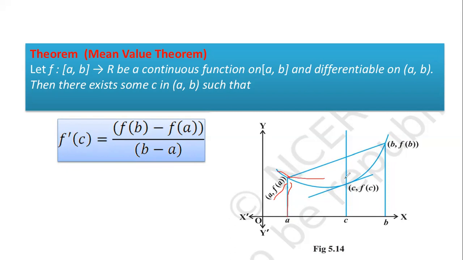This is a curved graph. We are going to find the value of f dash c at point C. We know that by the Mean Value Theorem, f dash c is equal to f of b minus f of a upon b minus a. So simply putting the values of a and b and f of a and f of b, we can find the value of f dash c. Now we will see some examples and then you will better understand both the theorems.